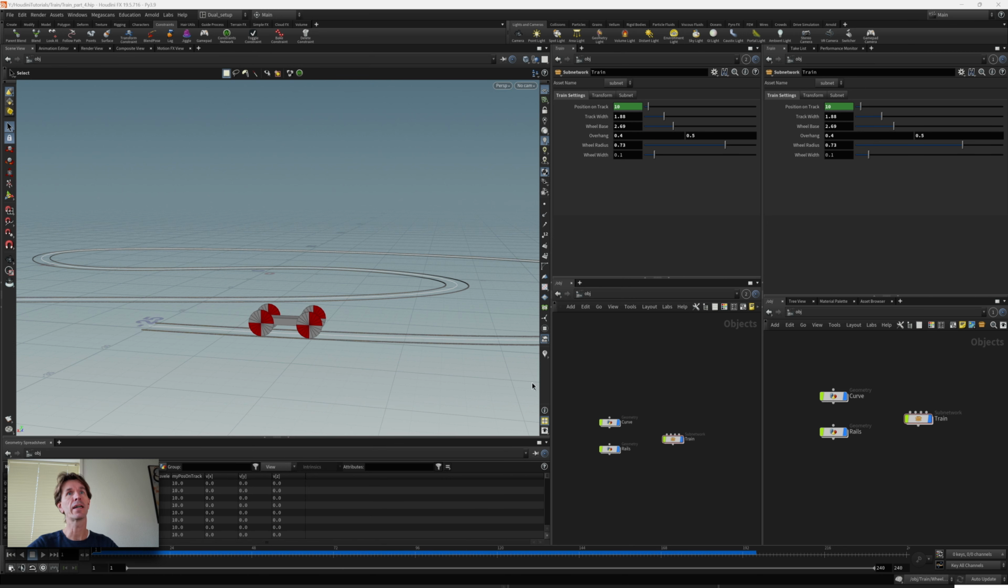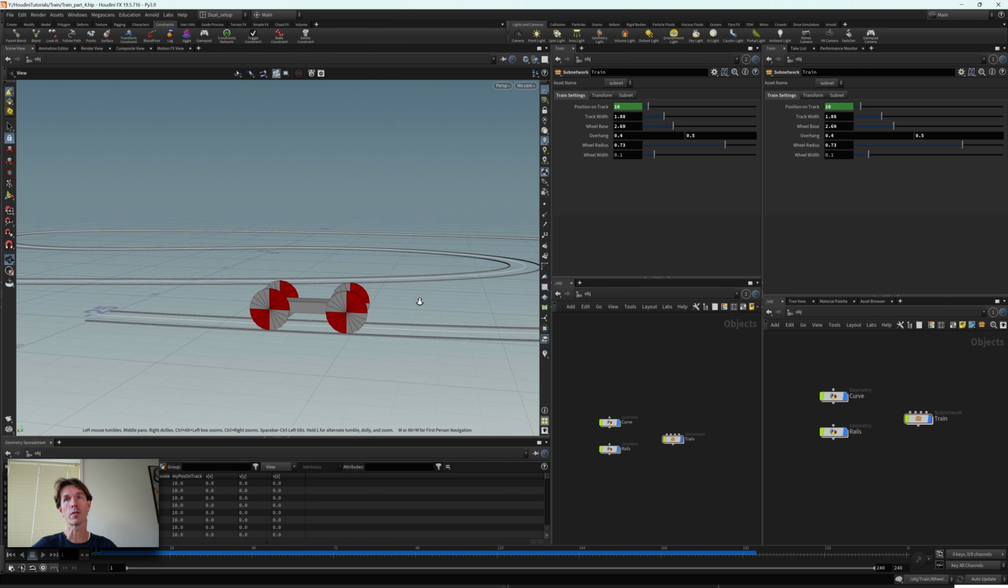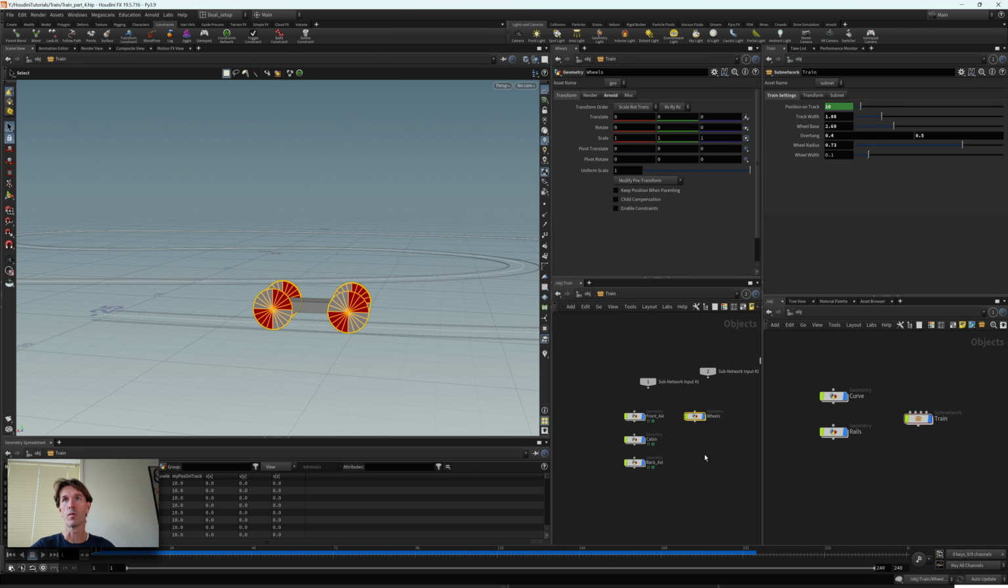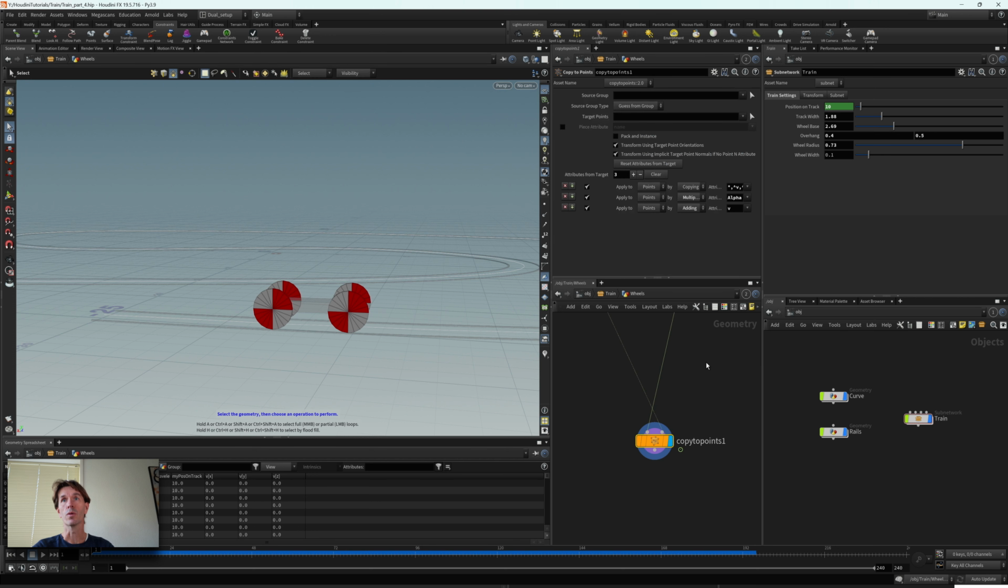One of the things that I remembered while making my coffee is that this is not looking really natural, because all my wheels at the start of the animation have exactly the same orientation. I would like to randomize that a little bit, because in real life this will never happen. So to do that, I'm going into wheels, and after my